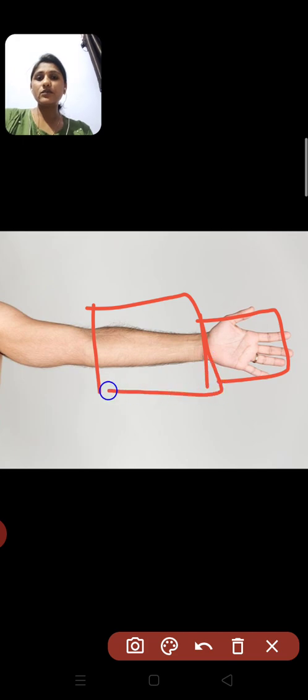Hand is called only this much area divided from the wrist of your hand. Okay, lower part from the wrist. Now what is this much portion called? This is called forearm, and the area starting from shoulder to elbow is your upper arm. Okay, so this whole is not hand, but this includes upper arm, forearm and hand. I hope you have understood.